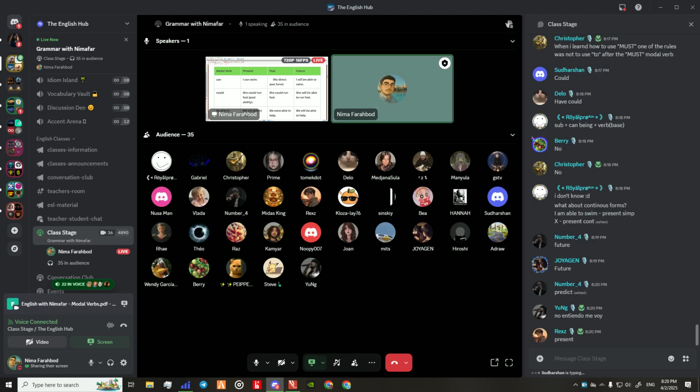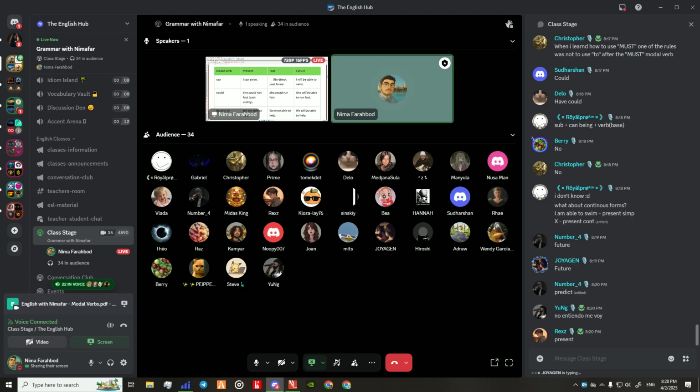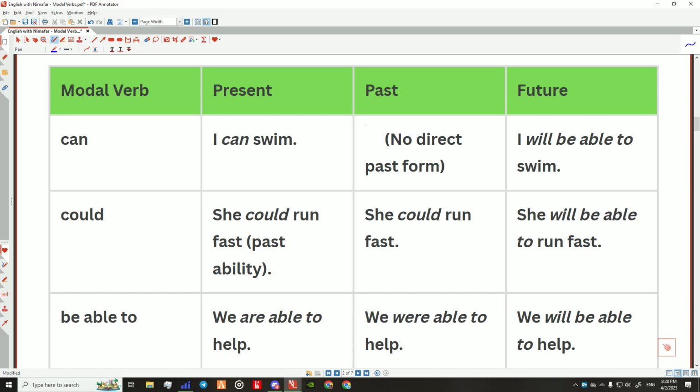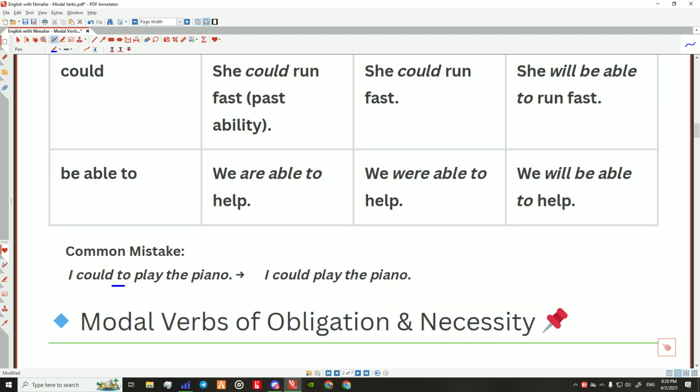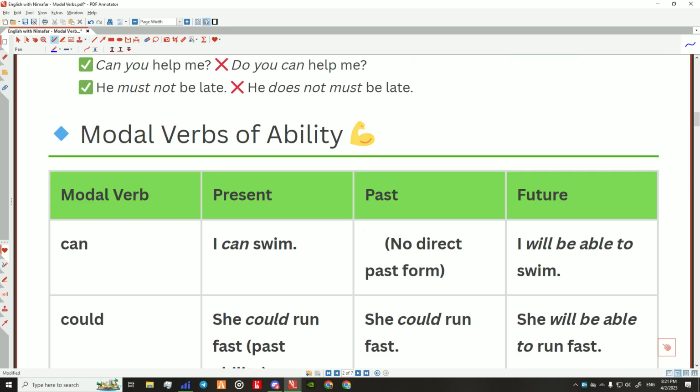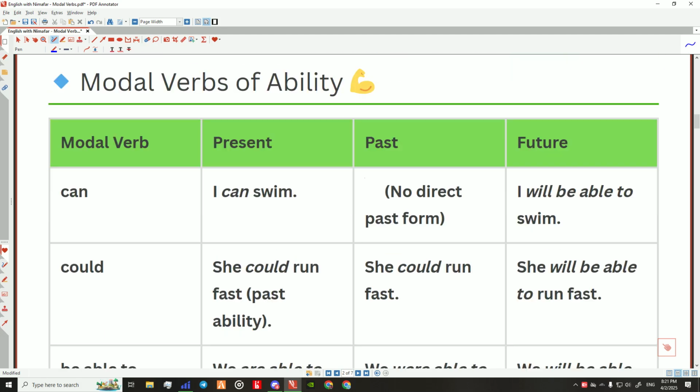Exactly. You say that you have the potential, because right now you have just sung and I can see that you are a good singer. So you could be a famous one. There is a chance you become a successful or a popular singer. So we can use could for this case too, but generally past ability and be able to, something we said: we are able to, we were able to, and we will be able to. And I could to play again, it is not correct. So this is for ability, how you can express something about ability.